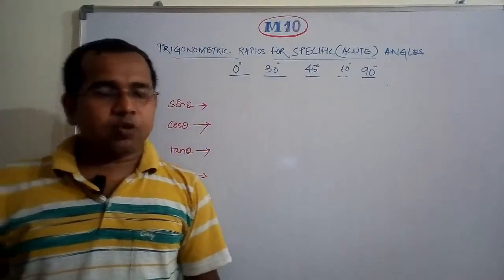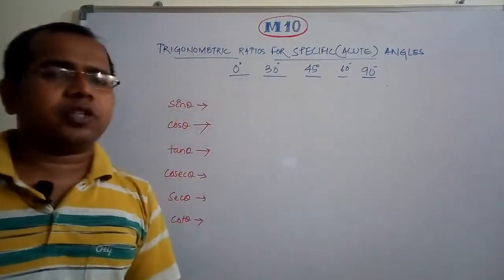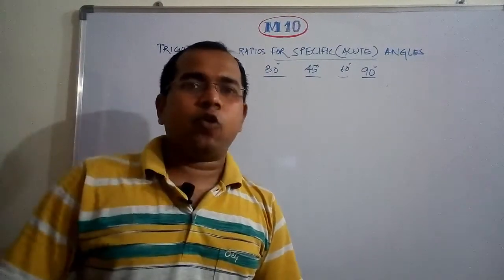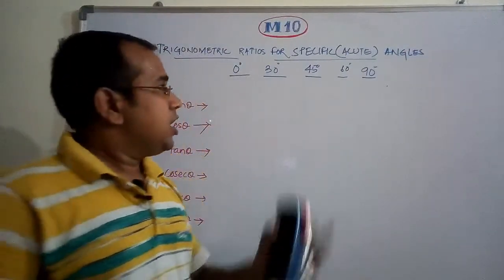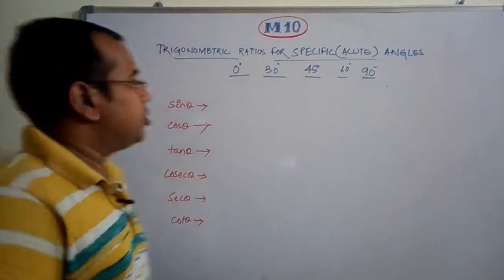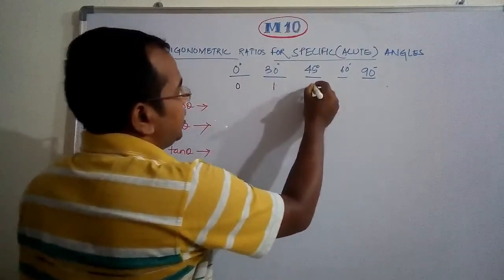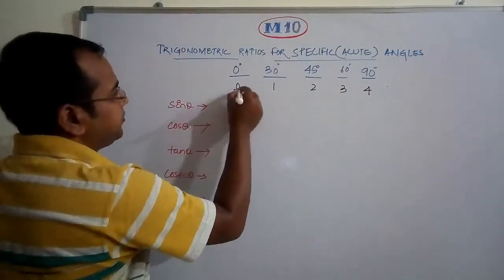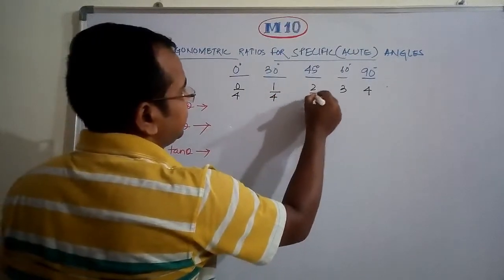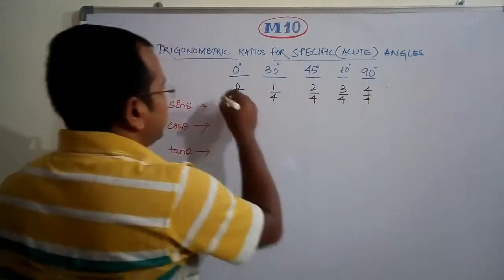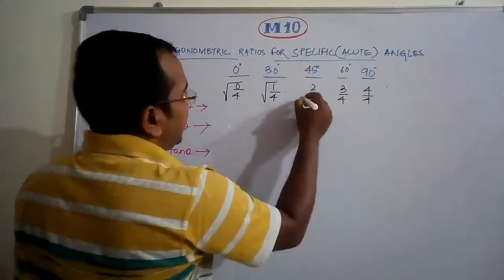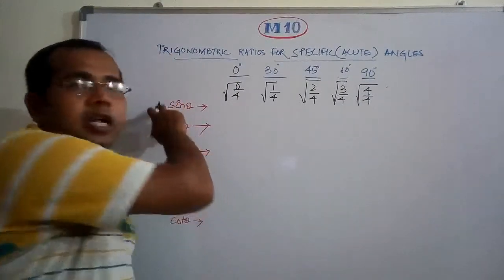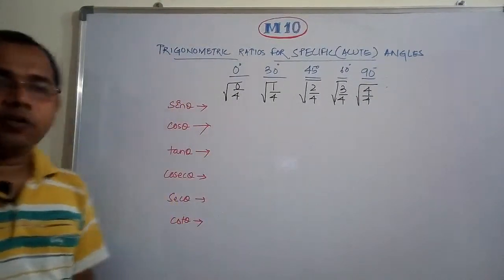Usually students find it difficult to remember all those trigonometric ratios. So we'll find out a trick so that everyone can form their own table. So let us see how to find it. Here you have 5 angles, starting from 0. Put 0, 1, 2, 3 and 4 and divide all of these by 4. Take the square root of each one and whatever result you get is the result for sine theta.